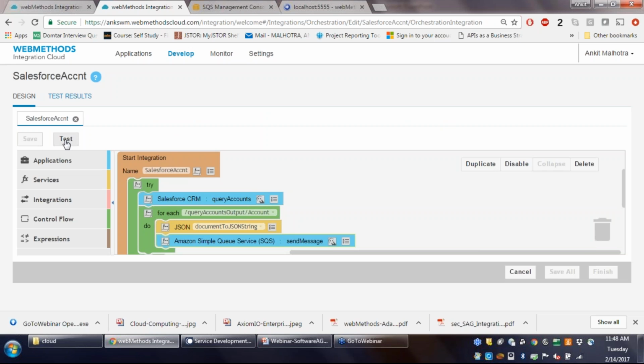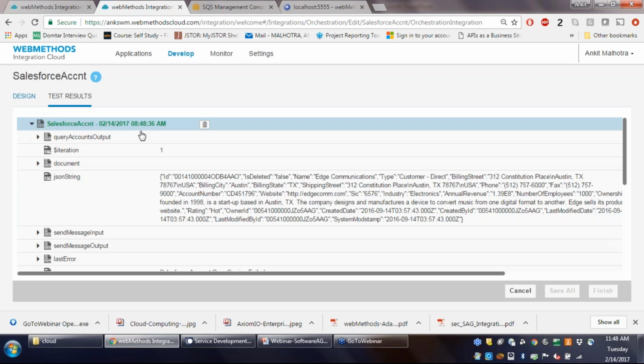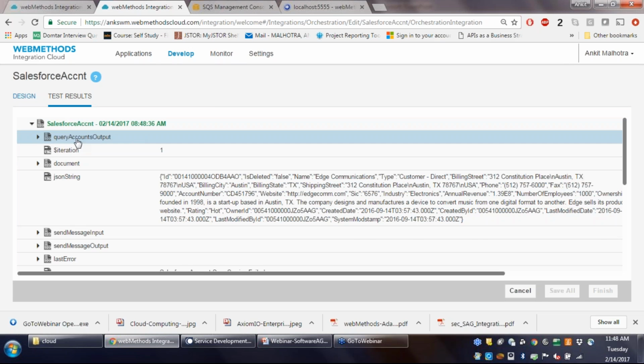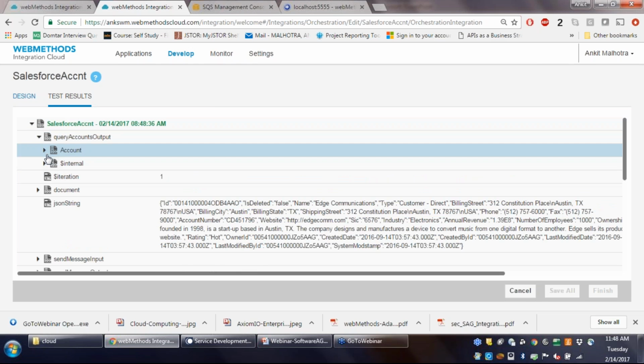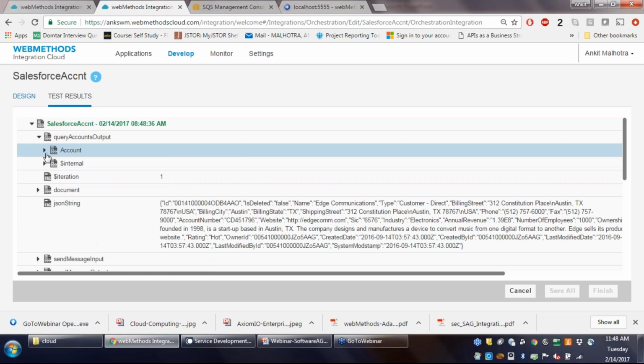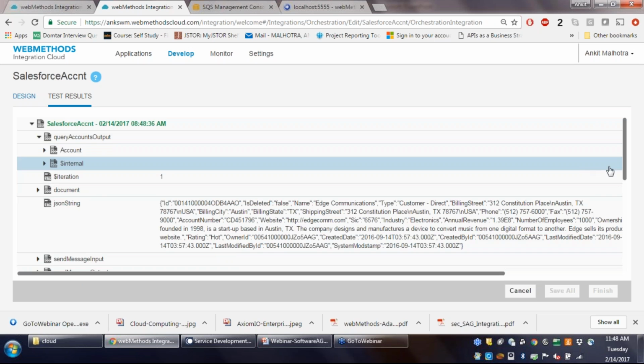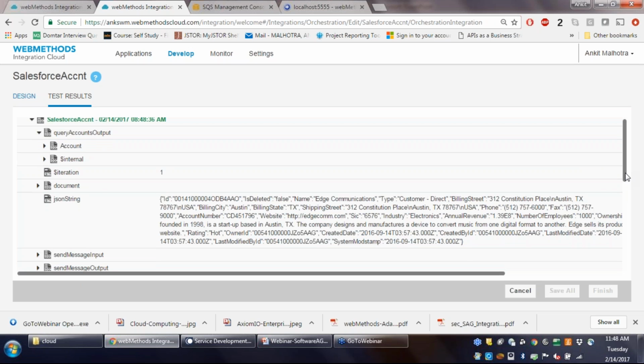Let's go ahead and test this integration. Okay, I see it running. It has completed at 8:48, which is just now. Let's look into some details. So the very first execution of account, it came back with the account, and I see that that account has been converted into a JSON string. And following on, it has been